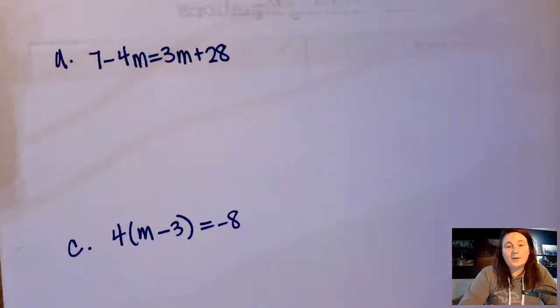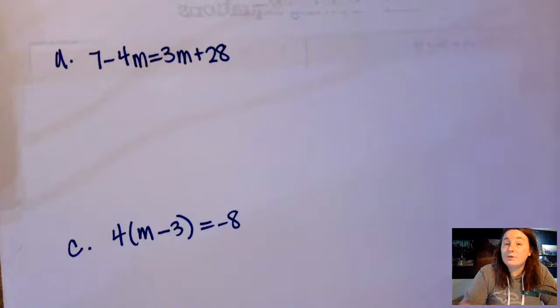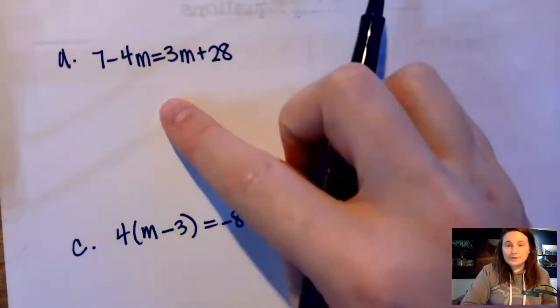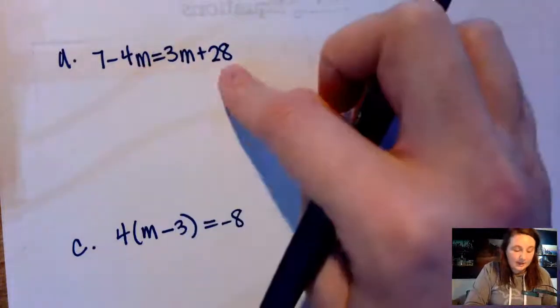In this video, we're going to go through problems A, C, and E on your worksheet. This will give us a good representation of all of the things that you need to know for the 2.0 level solving equations. So this first one is nice because we have variables on both sides and we have constants